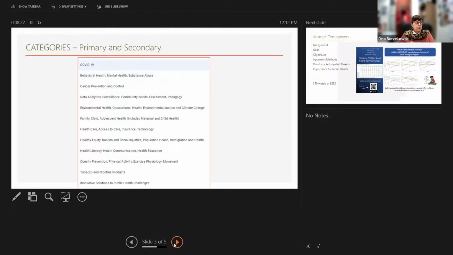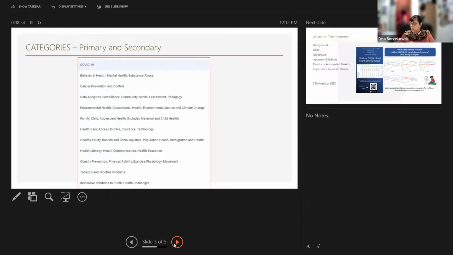I've listed them here for you right now. And these go from everywhere from COVID to healthcare, access to care, to obesity, to tobacco. The one addition this year is we're doing innovative solutions to public health challenges. And again, we hope you can pick a primary and a secondary.